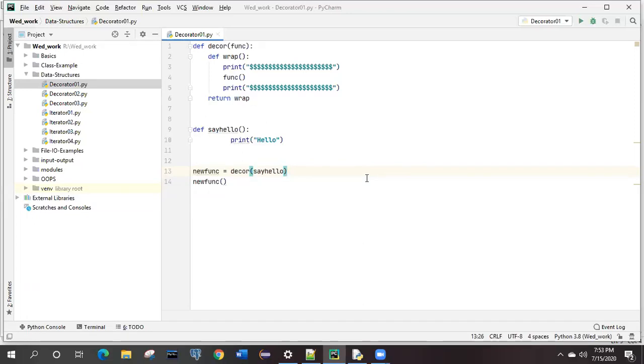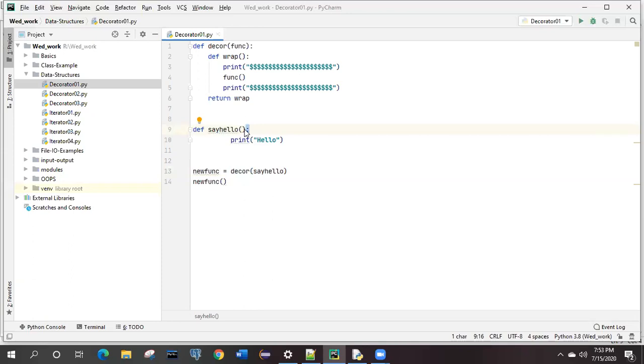Similarly, for this decorator we have provided one function as the argument, right? And the function we are going to decorate is not taking any argument.